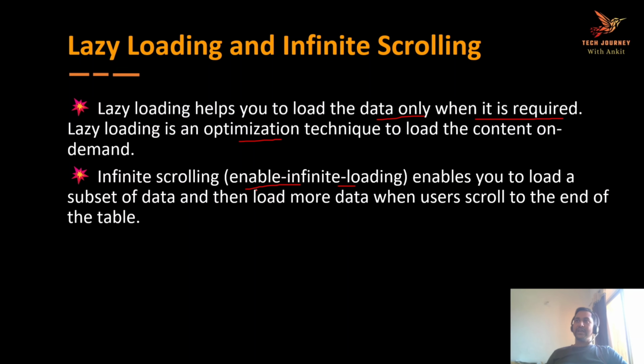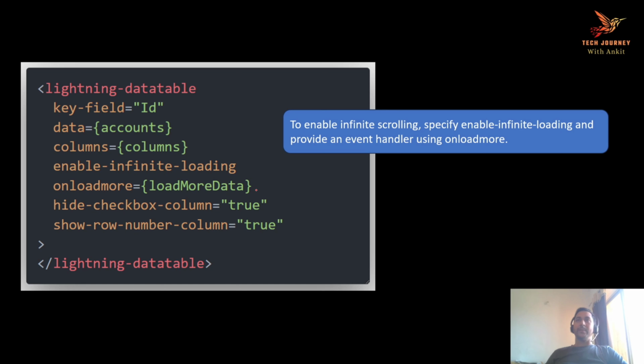But before that, let's try to understand the syntax of the lightning data table. First few fields are very common that we have already discussed multiple times in our series. We have to specify the key field by using which we identify the rows. We have to specify the data for the records that we have to load. We have to specify the column attributes as well, what different columns we want to load on our data table. These are the two key attributes that we have to specify whenever we are working on the infinite